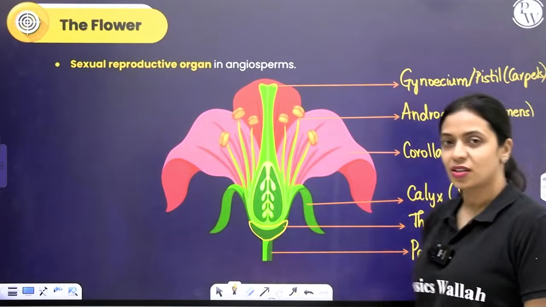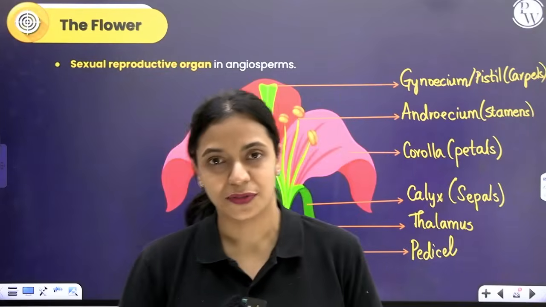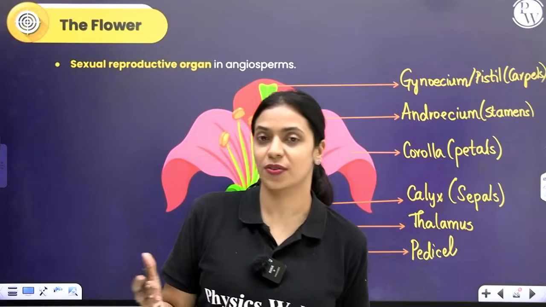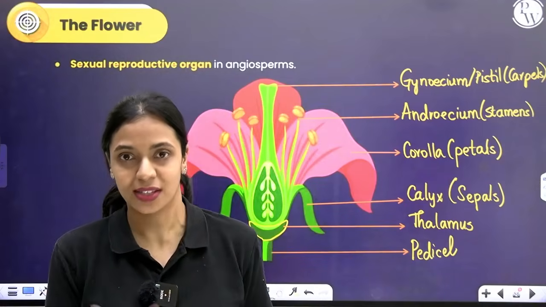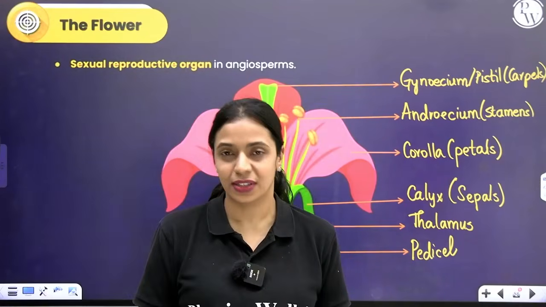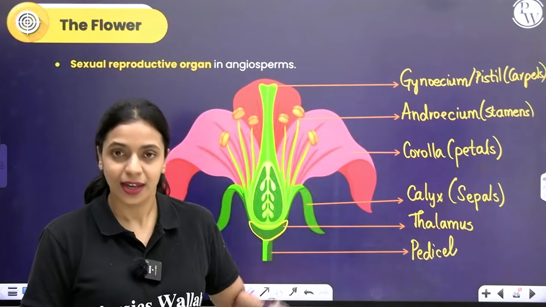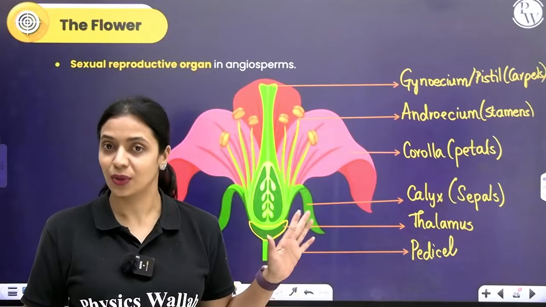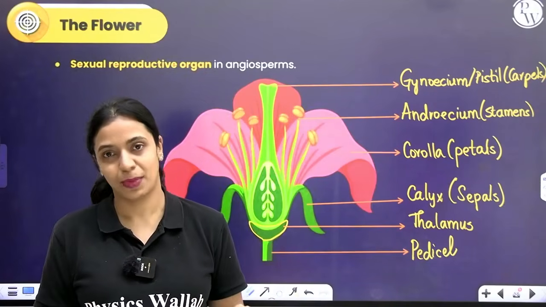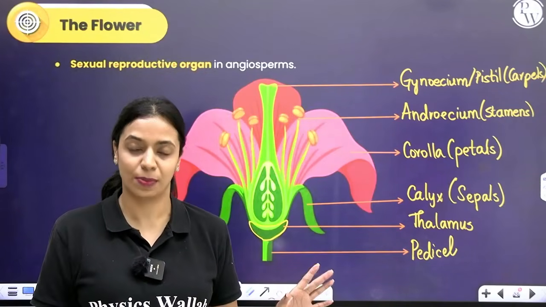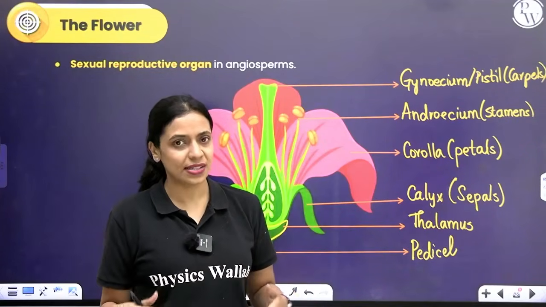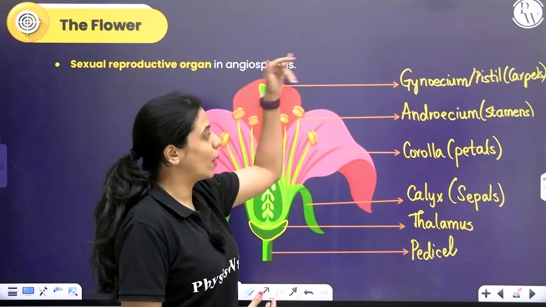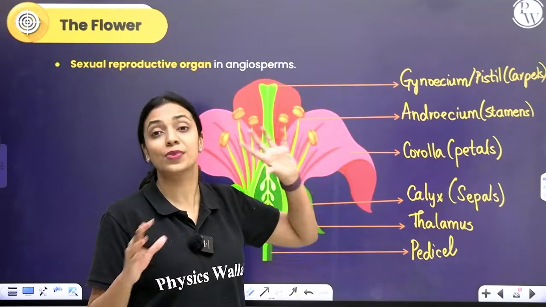Corolla and calyx are not absolutely essential. Of course, if they are there, it is helpful in the process of sexual reproduction. Calyx protects the flower in the bud condition. Corolla attracts the pollinators. But even if they are not there, sexual reproduction can still take place. But androecium and gynoecium are absolutely essential. Without them, the male and female gametes and gametophytes will not be forming. Therefore, you say that the calyx and corolla are non-essential or accessory whorls, while gynoecium and androecium are absolutely essential